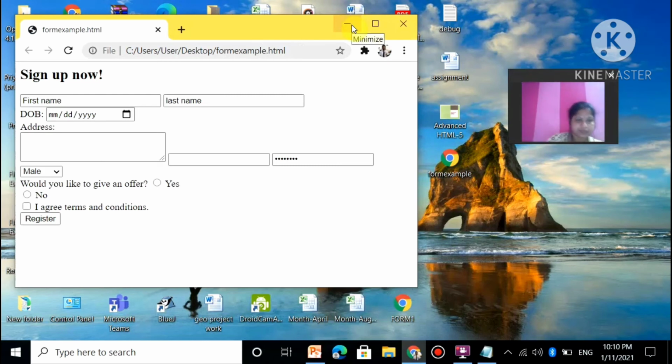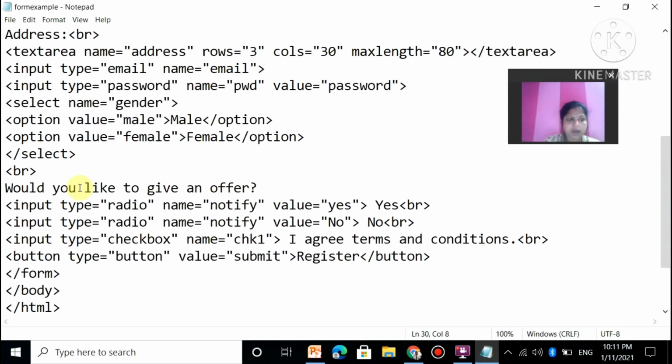Okay. So somewhere here we have to give the BR. Okay. So first name, last name, date of birth, correct, address, then email ID and then password. Okay. So here you come and where, okay, after this textarea, give BR and after this give one BR. Save.